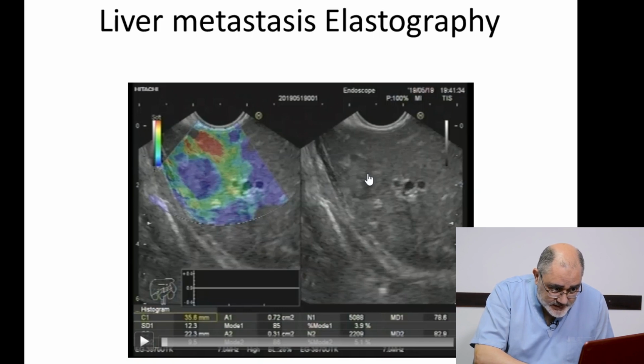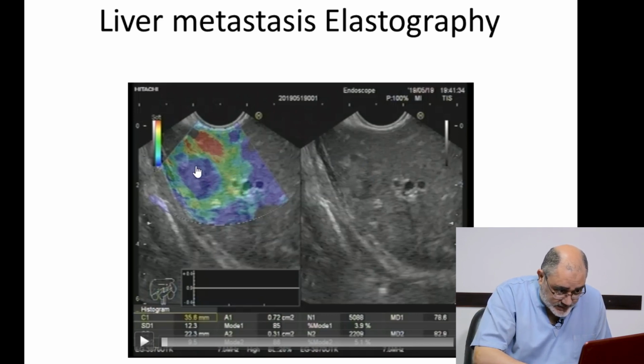Yes, this is the screen divided into half, the same view, but divided into half. This is a mass, and this is the same mass. The picture is the same picture like that. So this mass appears very clearly colored with blue color, while the normal liver around is colored by soft green. So if it is a very hard mass, highly impressive of liver metastasis, here we can apply, this is a